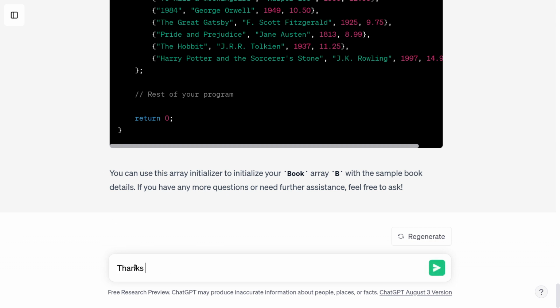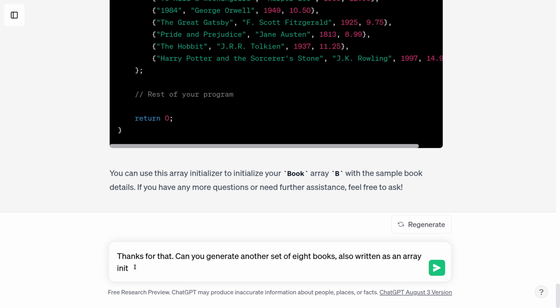Okay, thanks for that. Can you generate another set of, let's do not 6 books this time, let's do another set of 8 books, also written as an array initializer, because that certainly saved me time, where the collection, why stop at 8? Let's do 20 books, where the collection of books has a much greater diversity of authors,